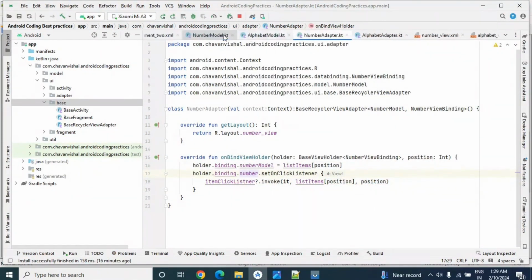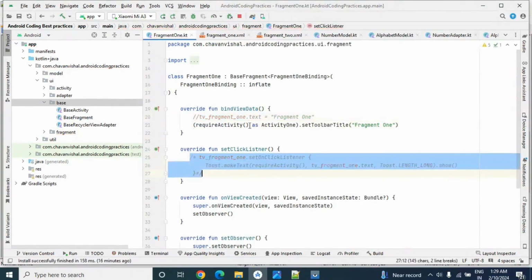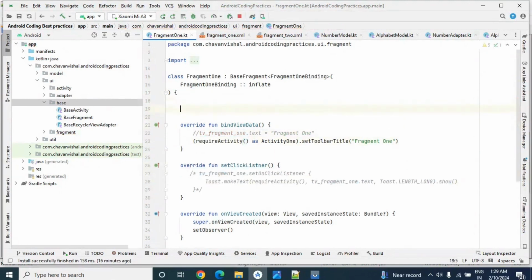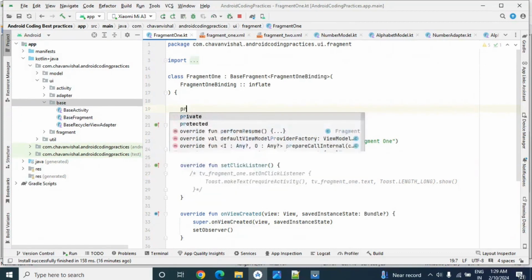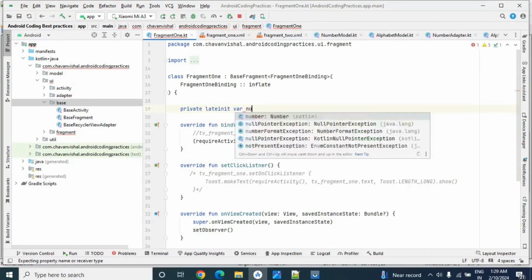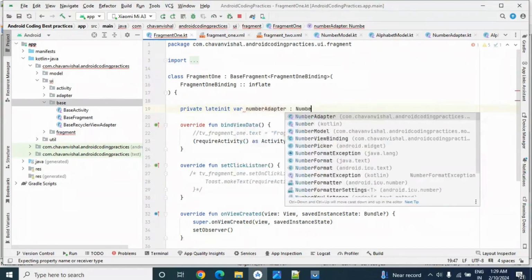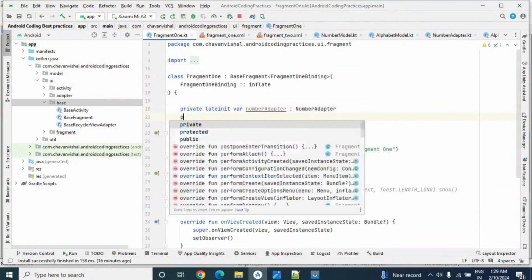Now let's go to our fragment. This is our fragment one. Currently we are displaying the text view, so let's comment it out, because right now we have a recycler view. Let's comment out this also. Now let's declare the recycler view adapter here: private lateinit var numberAdapter of type NumberAdapter.